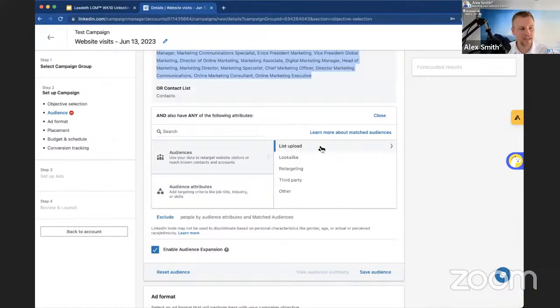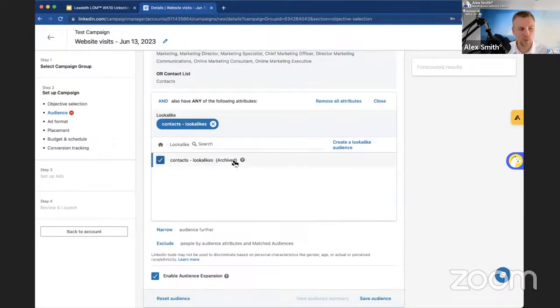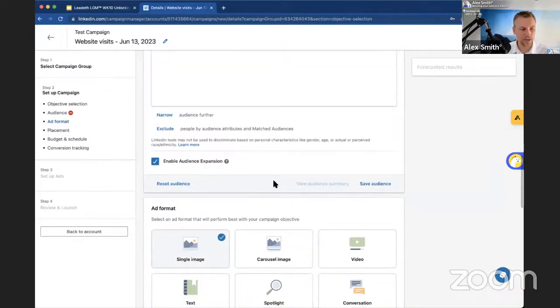So if you've collected a list of people, it could be an email marketing list you've got, with about 200 people in your email database, you can say, right, I want to find people that are very similar to this audience. And that's really powerful because it allows you to create a new lookalike audience that looks similar to what you've uploaded, and you'll have a bigger reach.